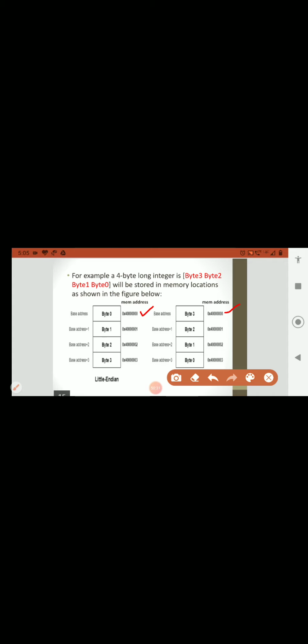So for 1 byte of information it is storing 4. The memory address location is this one, 4000. The next memory location is 4000 0001. The next memory location is 4000 0002. Same here also, you can see the memory location, and each memory location is storing 1 byte of data. That you should remember, and that's why in the ARM also whenever you consider